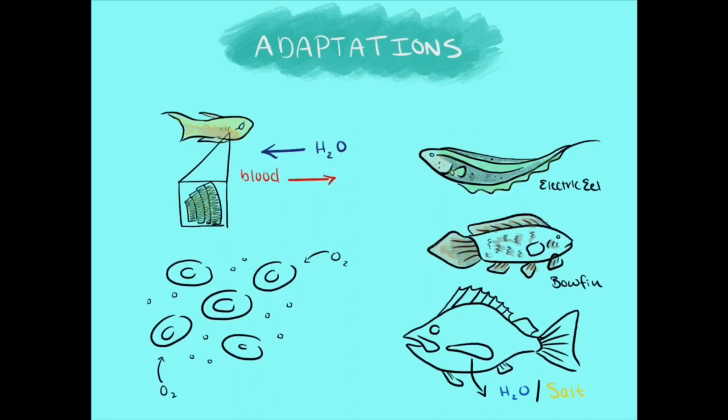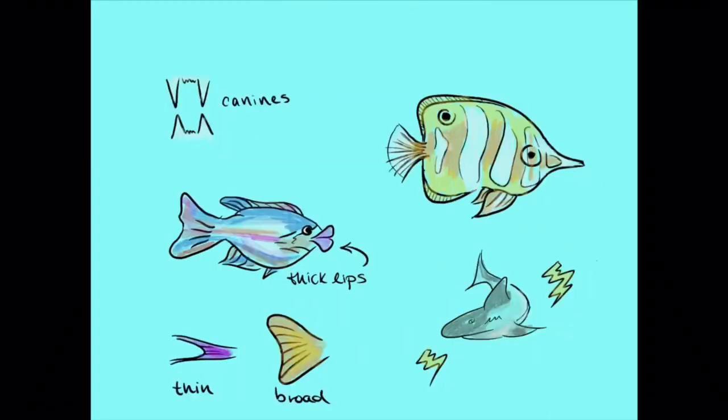To maintain healthy salinity levels, freshwater fishes use hyperosmotic regulation, which involves pumping water out via their kidneys and actively transporting salt ions into their blood. Marine bony fishes use hypoosmotic regulation, which includes secreting salt through the gills and ejecting salt through the kidney. Fishes also possess a range of ecological adaptations, including mouth and fin shape, coloration, bioluminescence, and electricity.